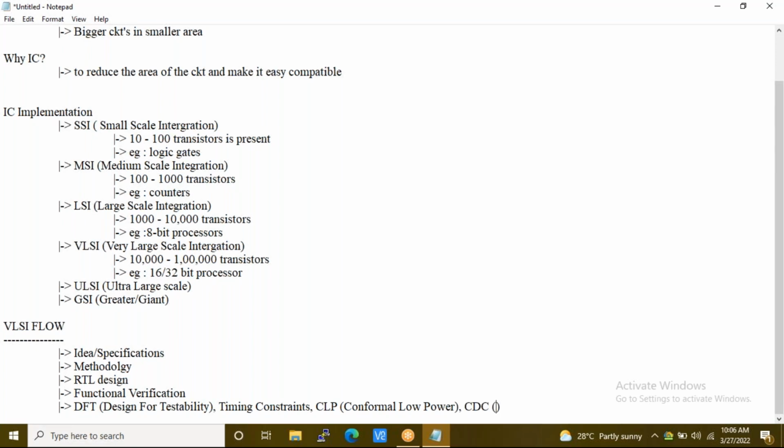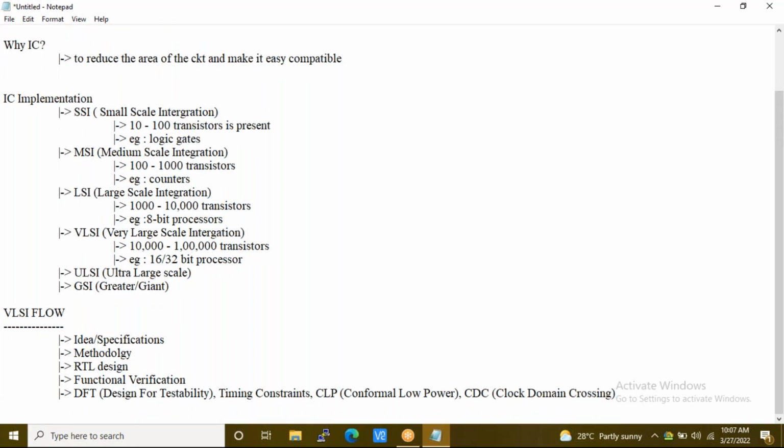CDC, clock domain crossing. So there will be multiple teams in a single stage going parallelly. DFT is one team. Timing constraints is again one team. CLP one team. CDC one team. So all these teams will be working parallelly with you.